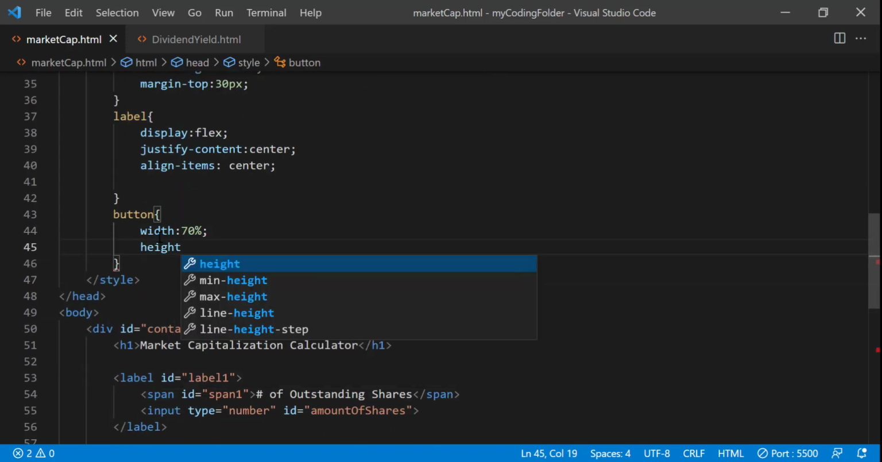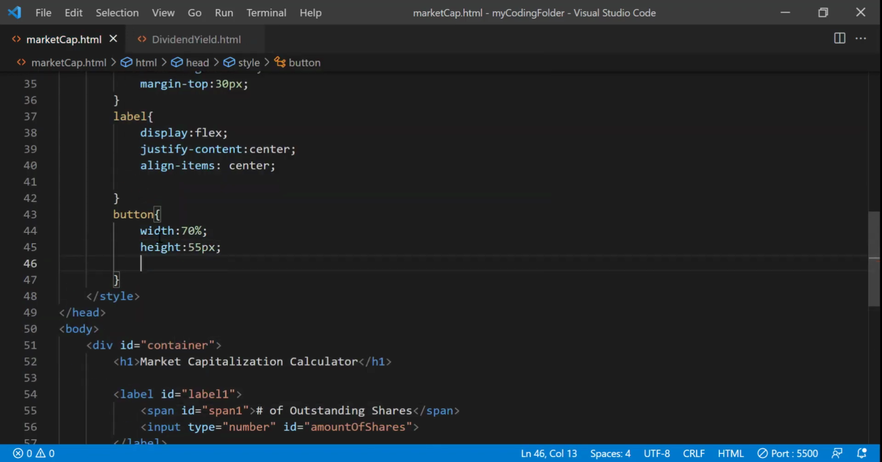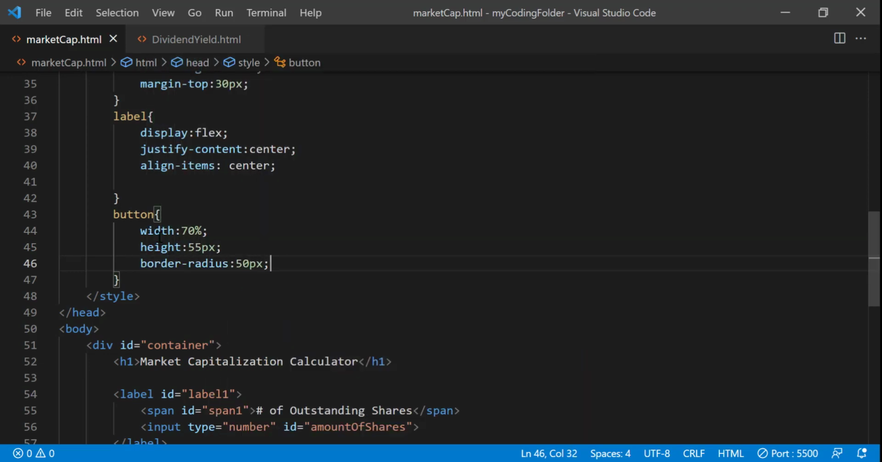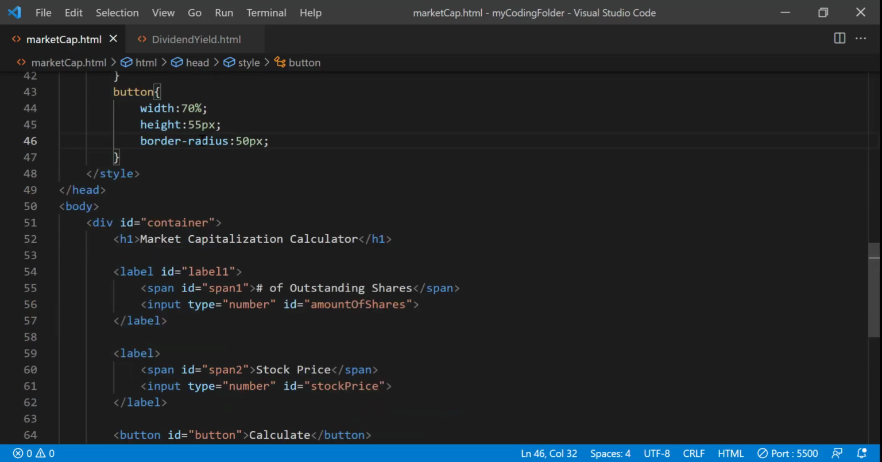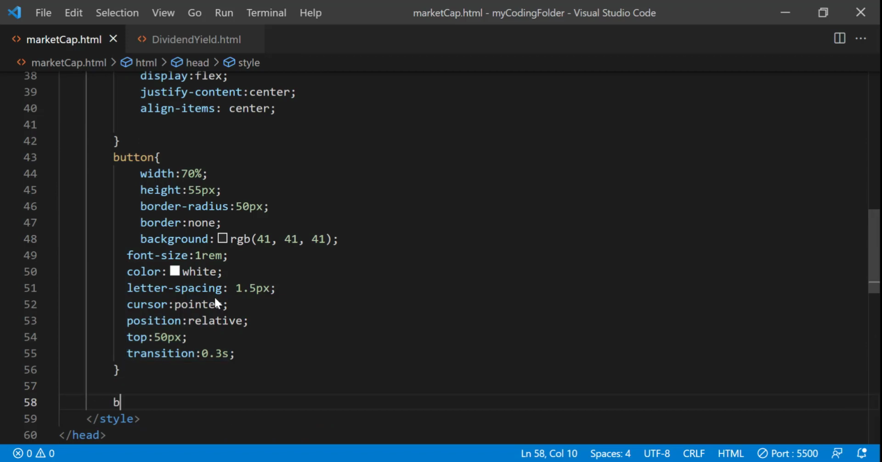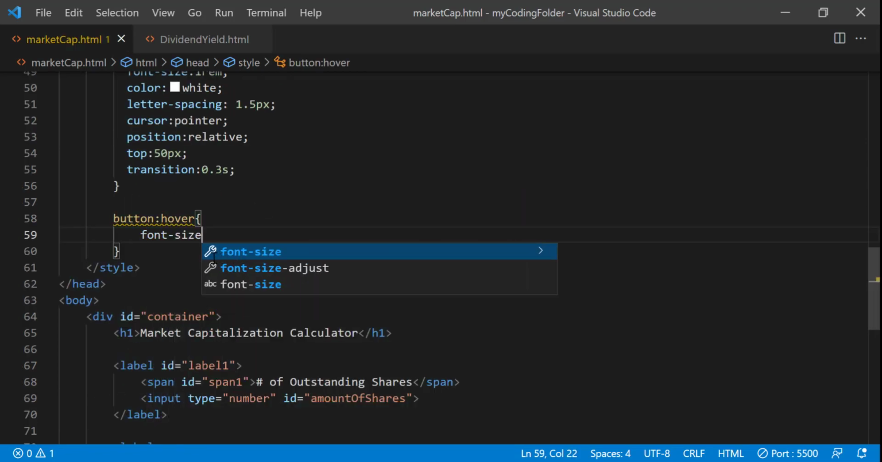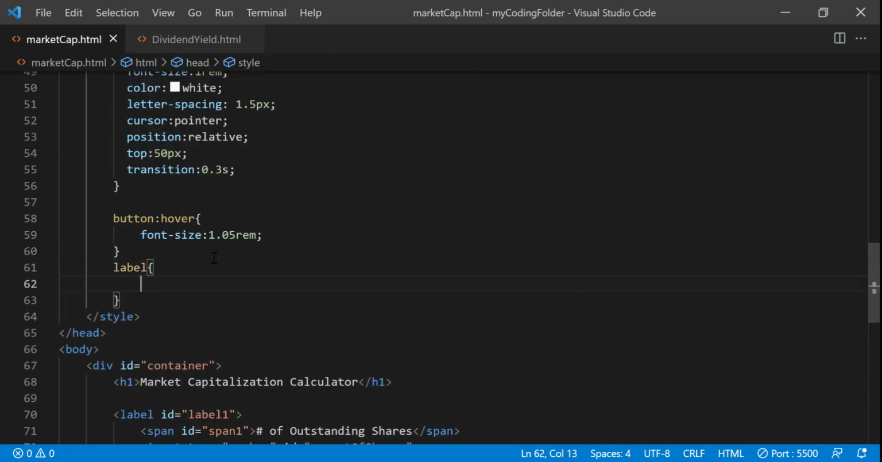Give it a width of 70%, height of 55 pixels, border radius 50 pixels. As long as the border radius is greater than half of the height's value, then it will make the button round all the way. So 50% and 50 pixels will do almost the same thing. And then after that, we can give our button a hover property. We'll just do font size 1.05 rem,